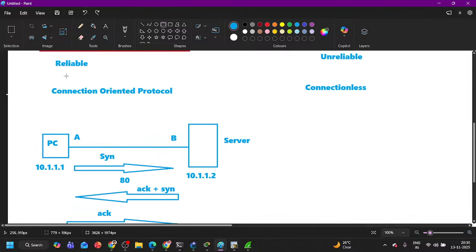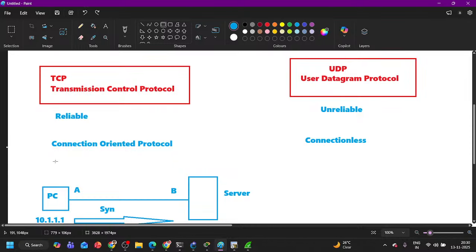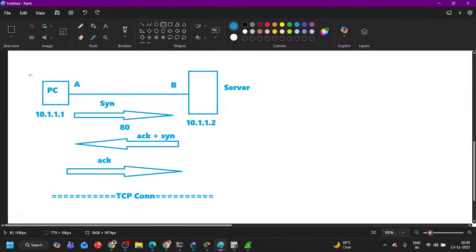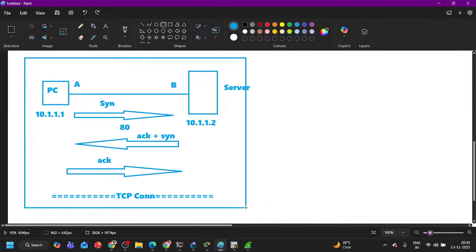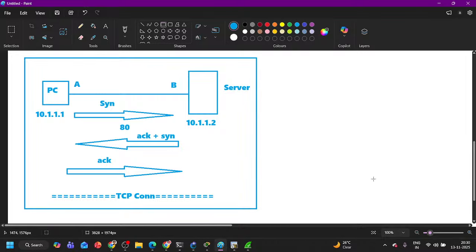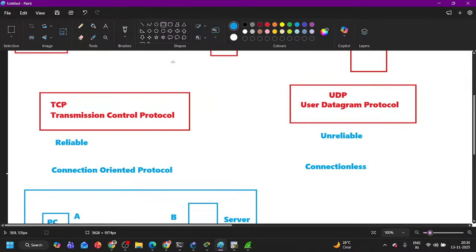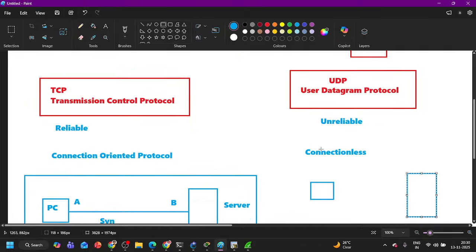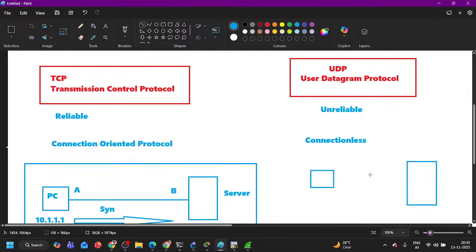So the TCP protocol performs the three-way handshake. This process is called the three-way handshake. Only the TCP protocol performs a three-way handshake. The UDP protocol, if I talk about UDP data, let's say DNS data. This is the PC, this is the DNS server. So the PC is directly going to send the